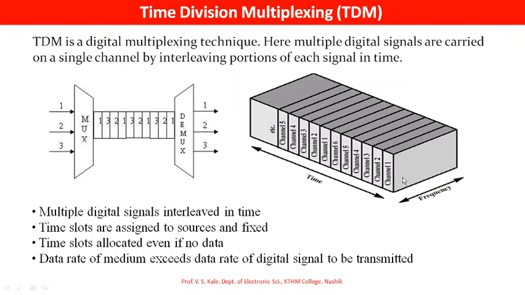In FDM, frequency is allocated out of the total bandwidth. Here, a time slot is allocated to each channel. Observe this diagram using mux and demux. If there are 3 signals labeled 1, 2, 3, then by using this we can send the data of the first user, second user, third user, and the same data is received after a demux as 1, 2 and 3.